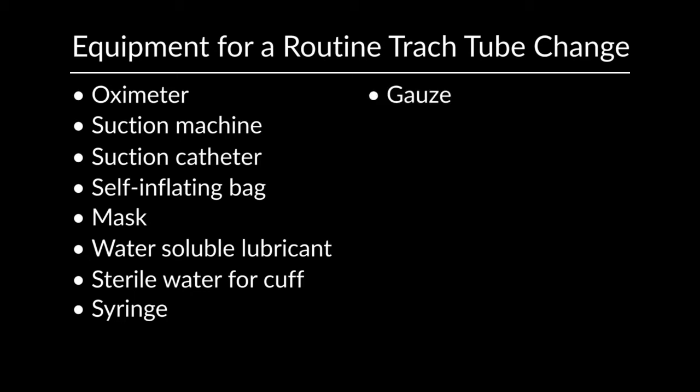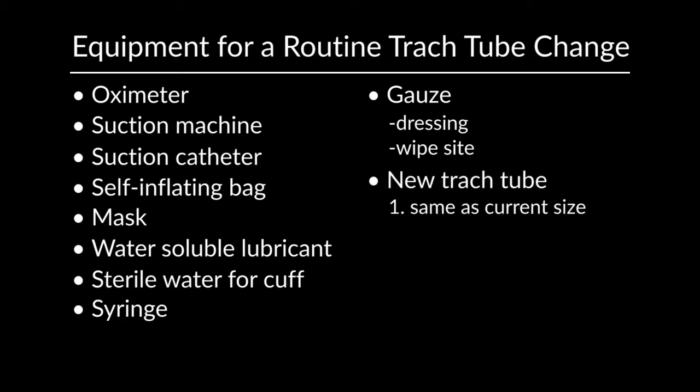We have gauze for her tracheostomy tube dressing, and gauze also to wipe the site when April examines the site after she removes the tube prior to inserting the new one. We have Drew's tube, her 4.5 pediatric FlexTen tube, and we have a 4.0, the next size down smaller. In the event that there were any difficulty getting it in, we would just immediately grab the smaller tube and put it in place. We have Drew's trach tie for her tube holder, and it is already preset by her mom April for the exact length that she needs for her tube,